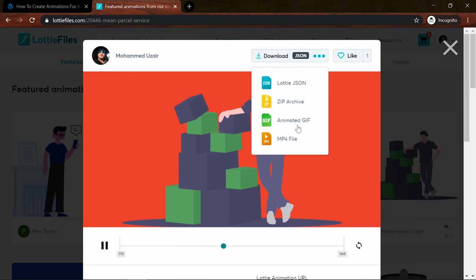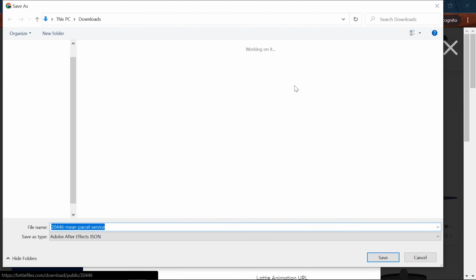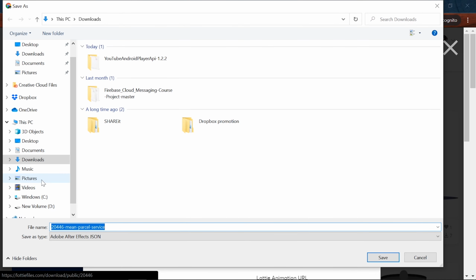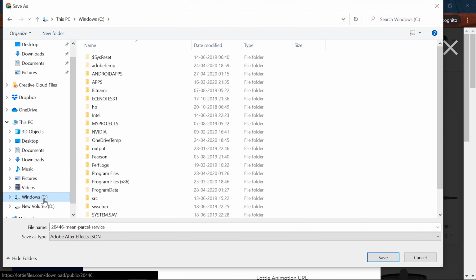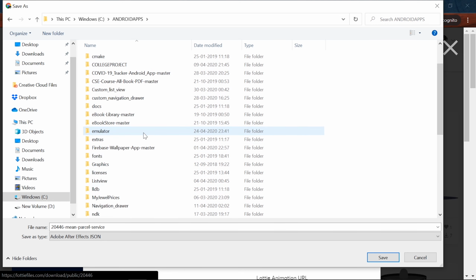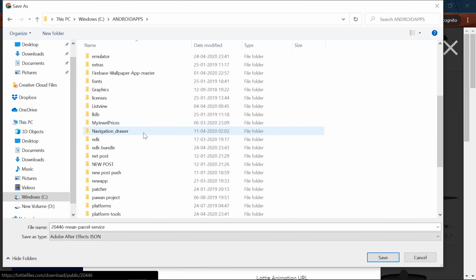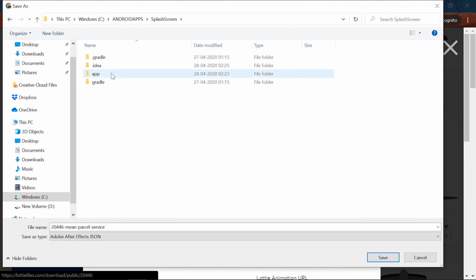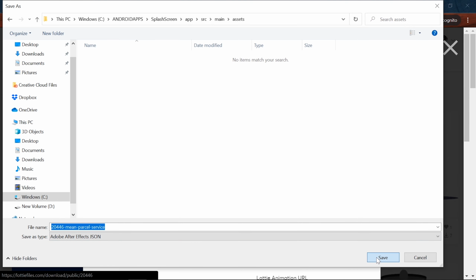Choose the best animation that fills your requirement, and click on Lottie.json. Now this file will be downloaded. You need to place this file into your project's assets folder. Select your project from here and save here.